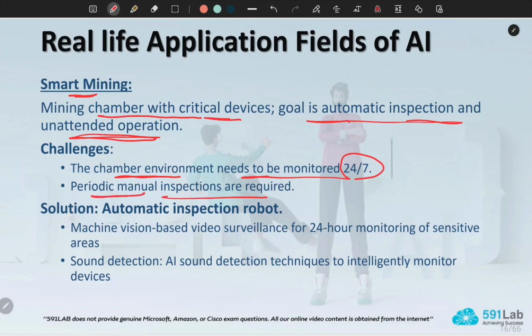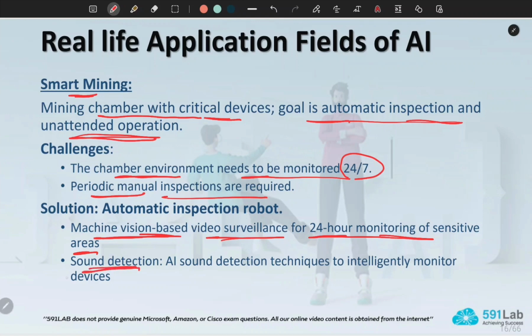So what are the solutions? Solutions are to monitor it and inspect it using AI, using vision and sound. Machine vision based video surveillance for 24-hour monitoring of sensitive areas is used. The cameras not only capture the image but also analyze it using AI and take decisions and actions.